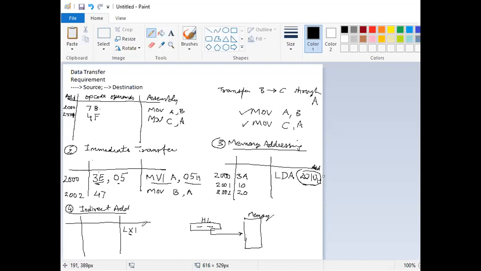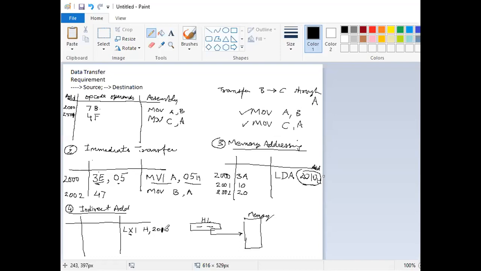Load immediate into the pair HL, we need to write only H. Since it is 16-bit, this will refer to the register pair, that is HL. Let us say 2000. Now let's change it to 2010.